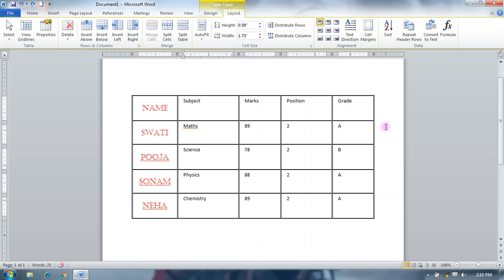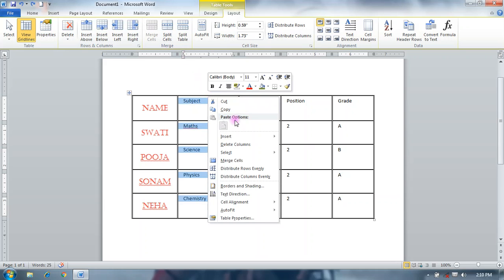So this is the table style, view grid lines, properties. If you need any other formatting or you don't want to do your work manually, always right click, select any cell or row, and from this all options are available and you can insert a column, single row, single line like that.